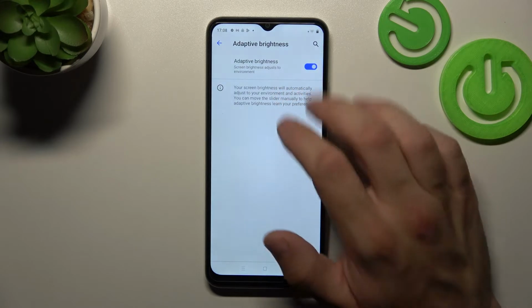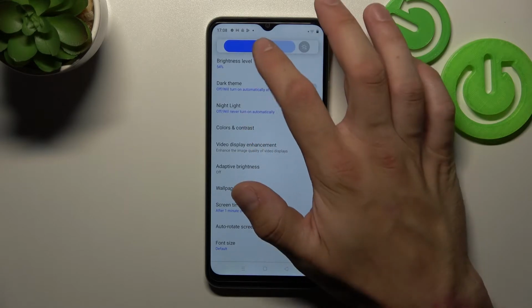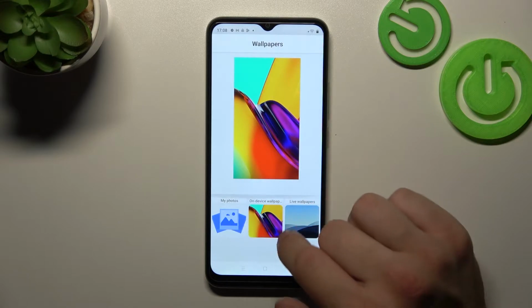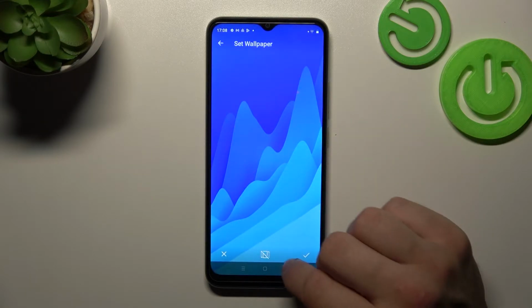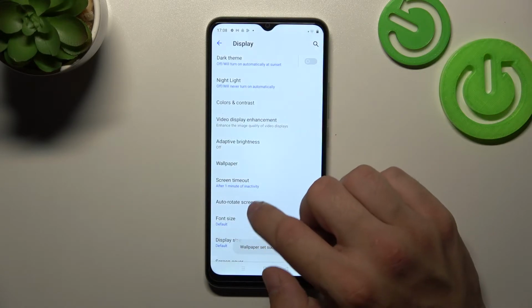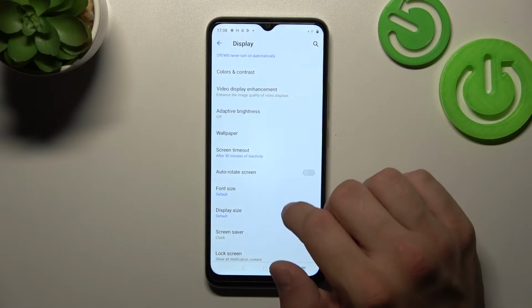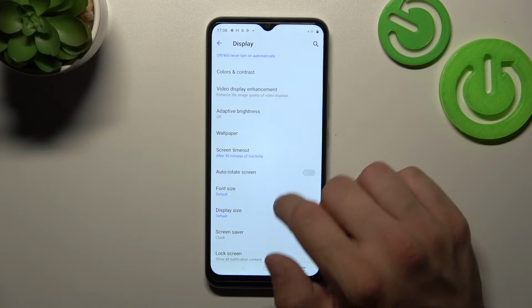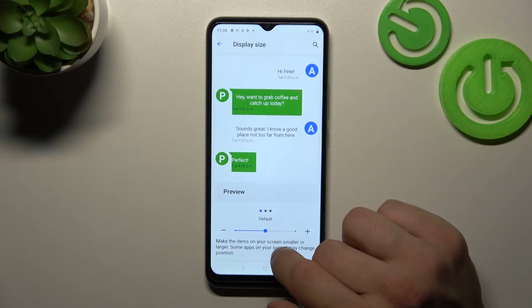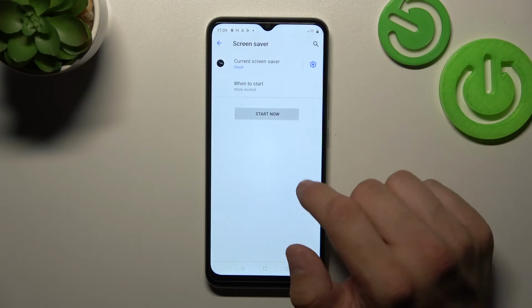adaptive brightness, change wallpaper, both on home screen and lock screen. Next we can change screen timeout between 15 seconds and 30 minutes. Enable or disable auto-rotate screen, change font size, display size, set screensaver,